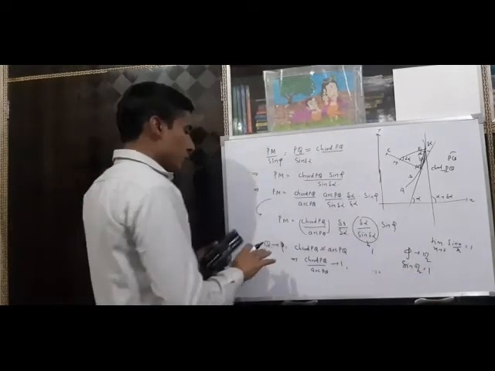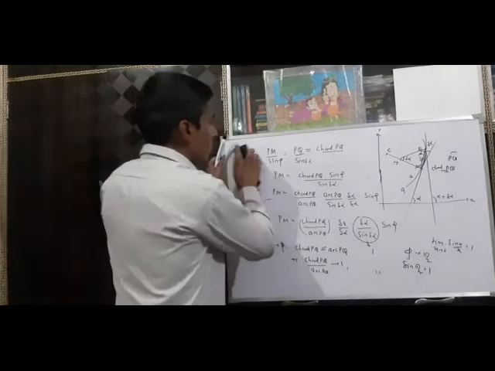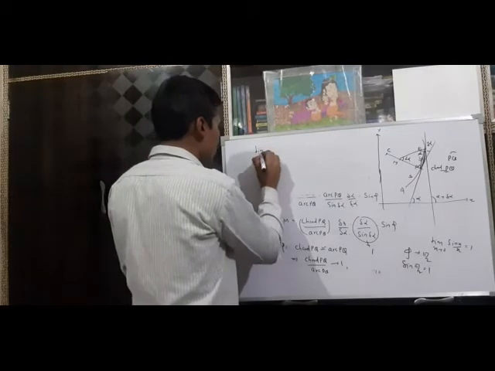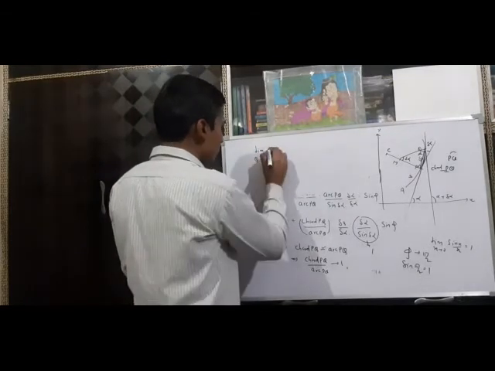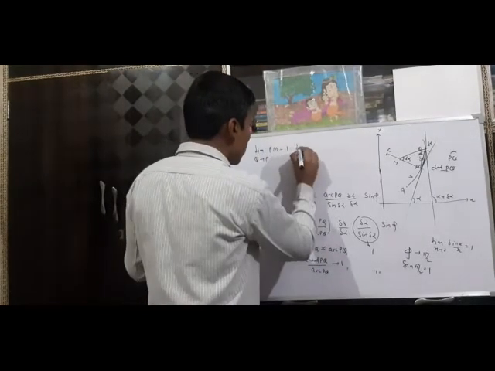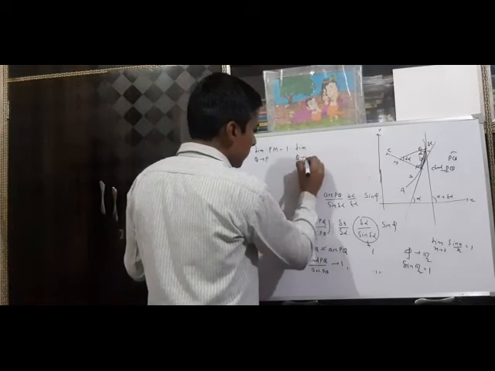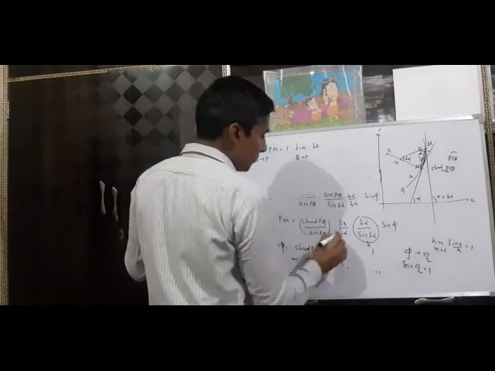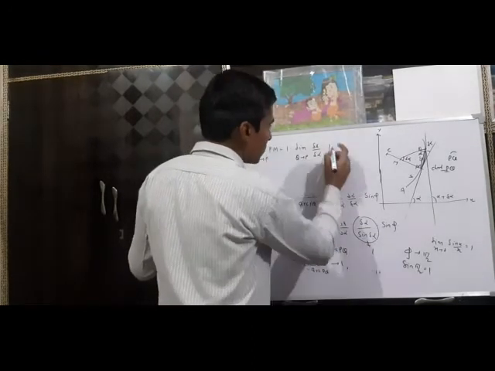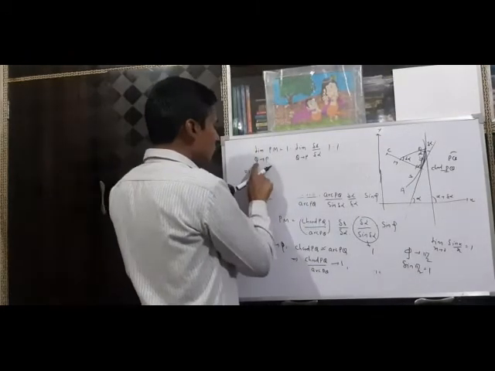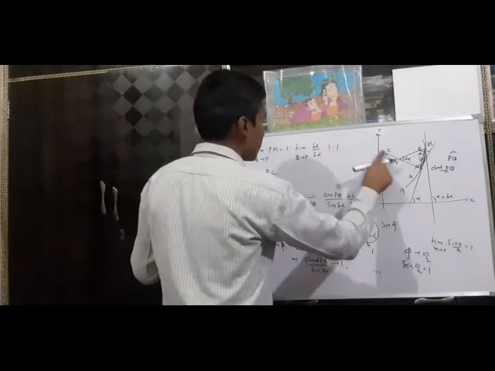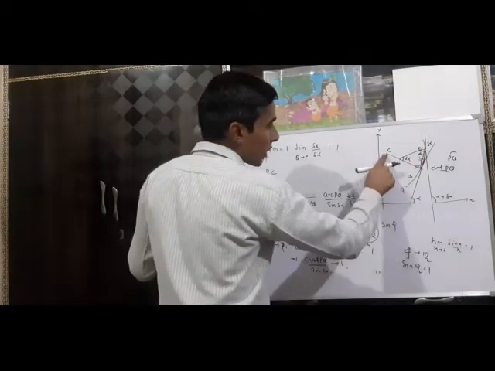So from all these expressions we get limit Q tends to P, Pm is equal to, this will go to 1 into limit Q tends to P del S by del alpha into 1, and this is also 1. So what is Pm when Q approaches P? It will be Pc. When Q approaches P, M moves towards the point C.